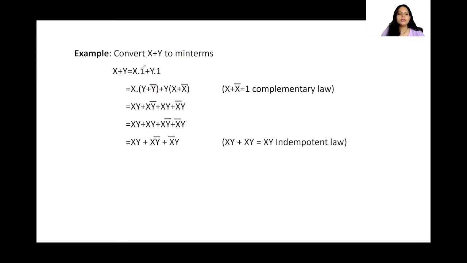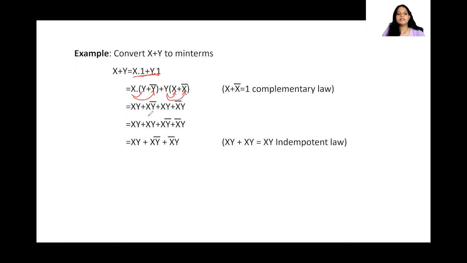Now this is also similar to 1. This step is not required. If it's confusing, you can skip it. You can directly start writing from here where we are adding the missing term and the complement. Now after that, let's open the bracket. So what happens? xy, xy bar, x bar y, and so on. Okay, so we get this.